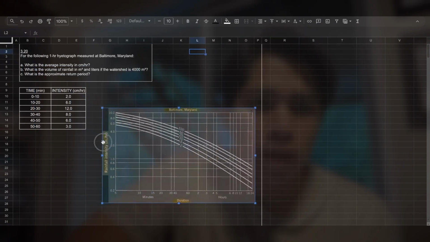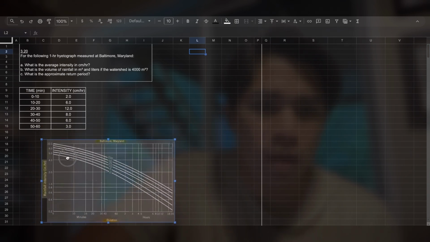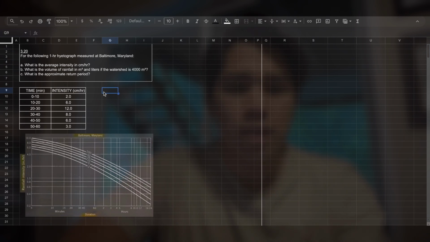For problem 320, we're going to use an IDF curve for the last part, but all this problem is asking is the following: for a 1-hour hydrograph measured at Baltimore, Maryland, what is the average intensity in centimeters per hour? Remember that a hydrograph is intensity versus time on the x-axis. So we have the time intervals and the intensity. So all part A is asking for